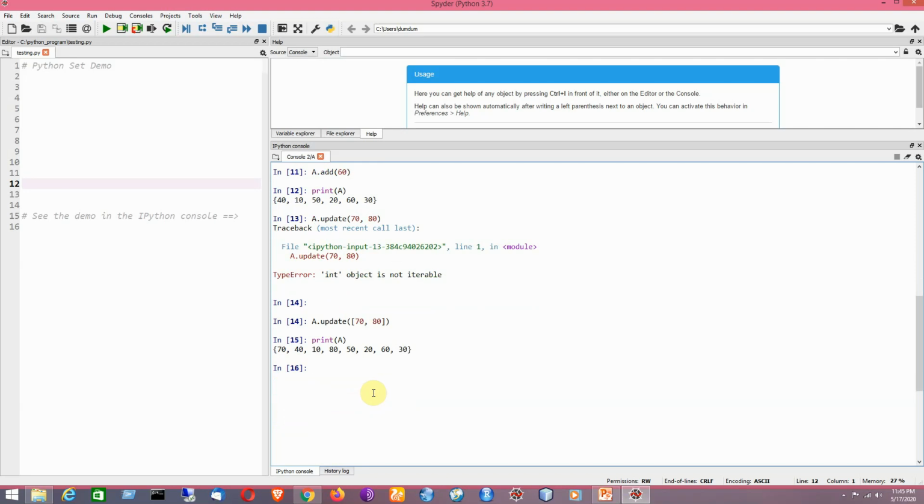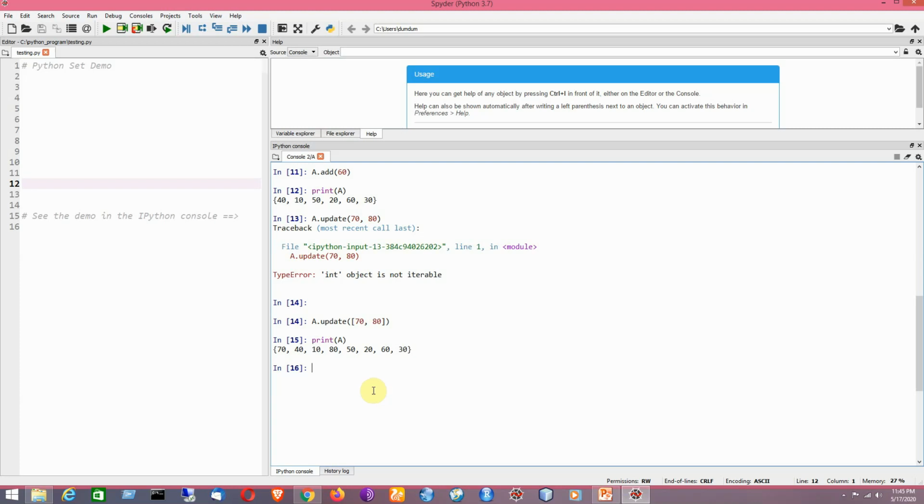Now we are going to remove elements, I mean to say existing elements from a set. You can remove or discard elements from a given set by using the remove method or the discard method. Okay, the difference between them is that if the element to remove doesn't exist, remove will raise an error, whereas if the item to remove doesn't exist in the set, the discard method will not raise any error.